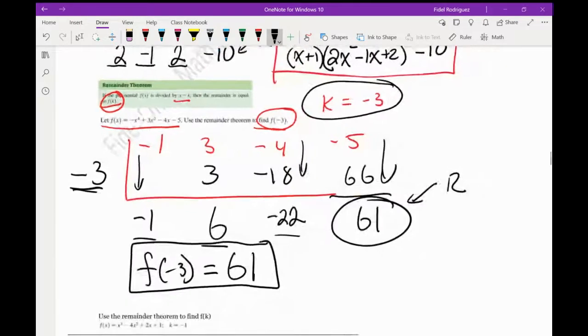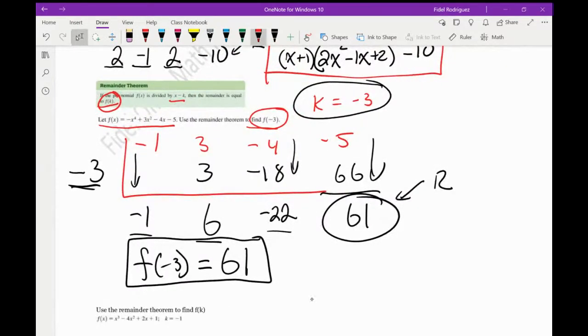Now, all this has told me for this particular problem was, prior to what we did today, if I asked you to find f of -3, what you would normally do is everywhere you would have an x, you would plug in the number -3. And you'd have to plug and chug and do all that kind of stuff. So you would say f of -3 equals, let's see, there's a -3 to the 4th